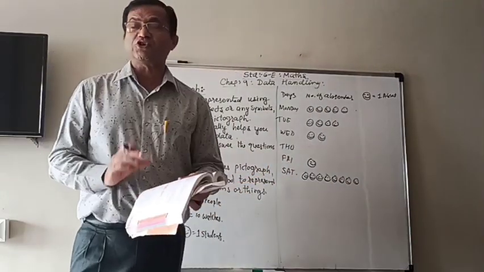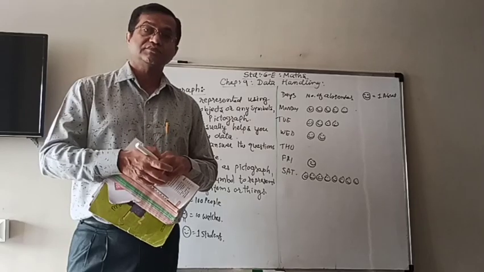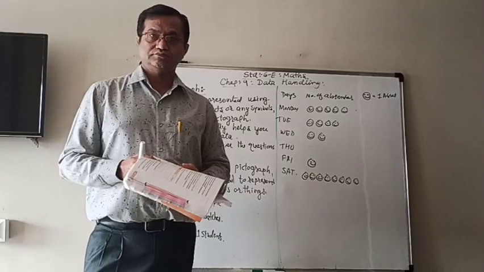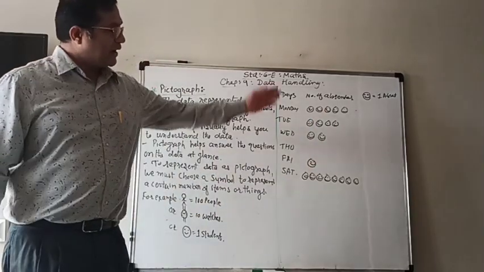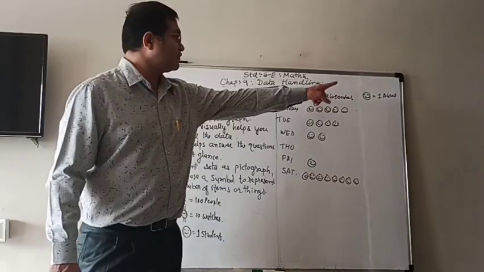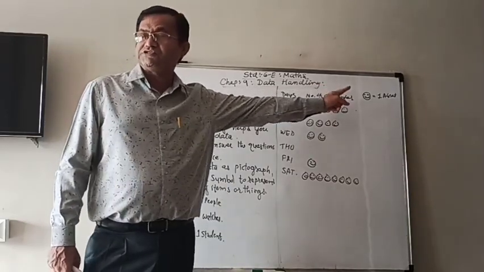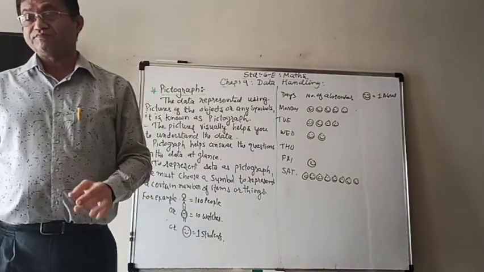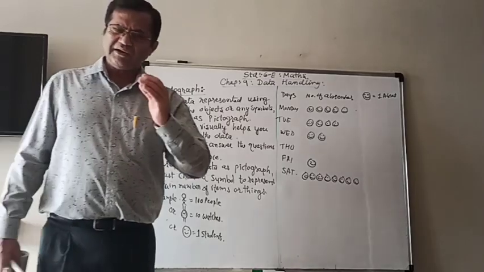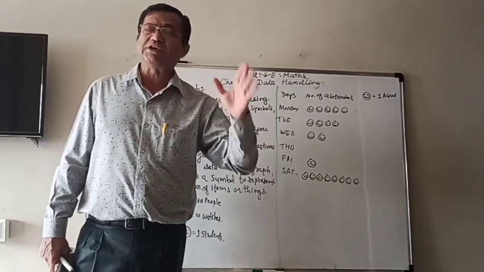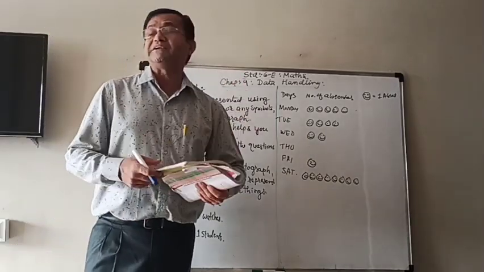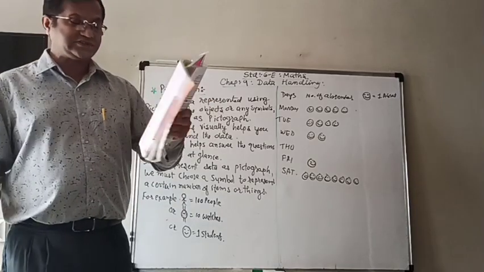Now this pictograph is given in your book. Now you have to answer the questions given below using this pictograph. As you look at the pictograph, just look first at whatever the symbol is used, and it represents how much. First of all, you have to look at that. Then it will be very easy to give the answers. So let us understand what the questions are, and we will try to understand the answers.